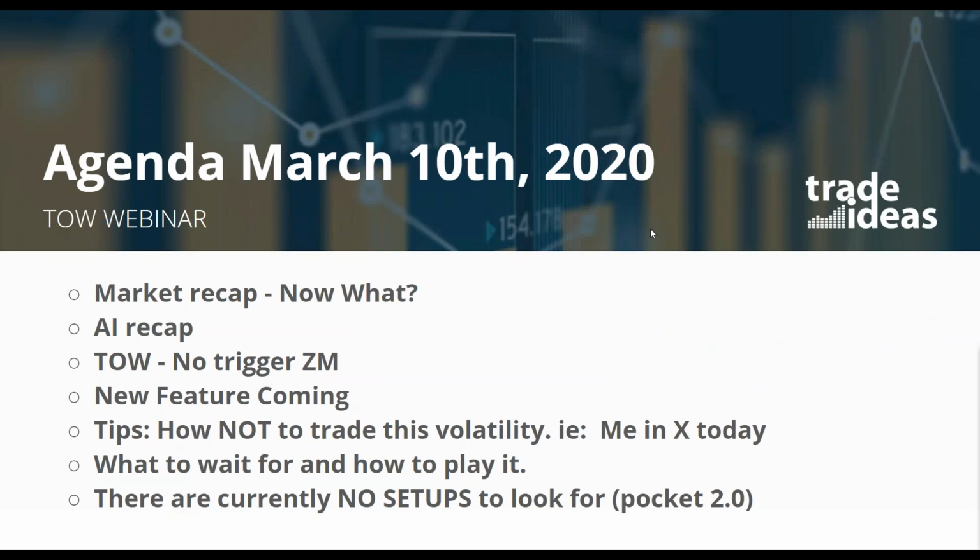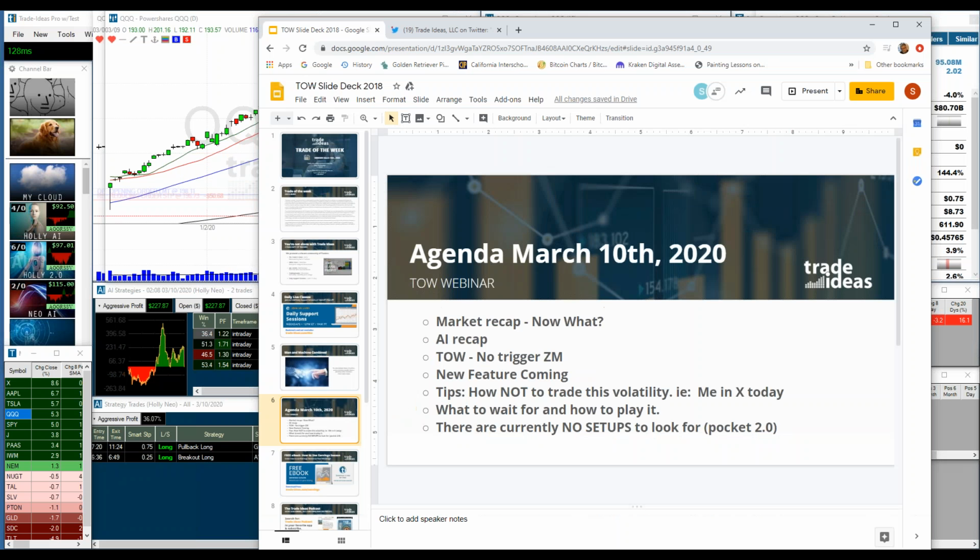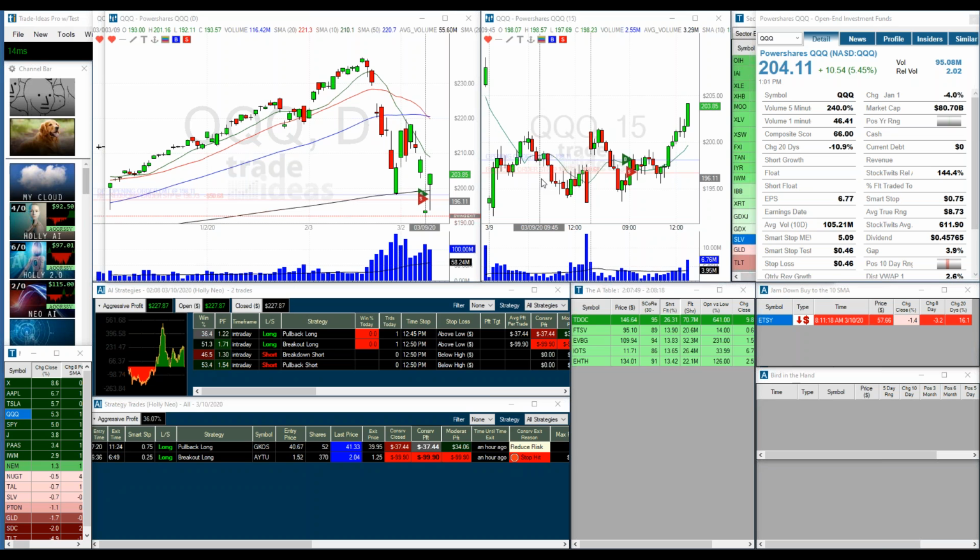Kind of a unique format today. I don't know what really to talk about other than the crazy volatility out there. So we'll spend a little time talking about what's going on and maybe what we could expect, and how we can use Trade Ideas to try and make sense of it all. We'll go through those one by one, but we'll start off with the typical market recap and AI recap. There was no trigger for the trade of the week, but I've got some things we can talk about that might be extremely relevant to where we are in the markets right now. So let me grab my pen, a sip of water,